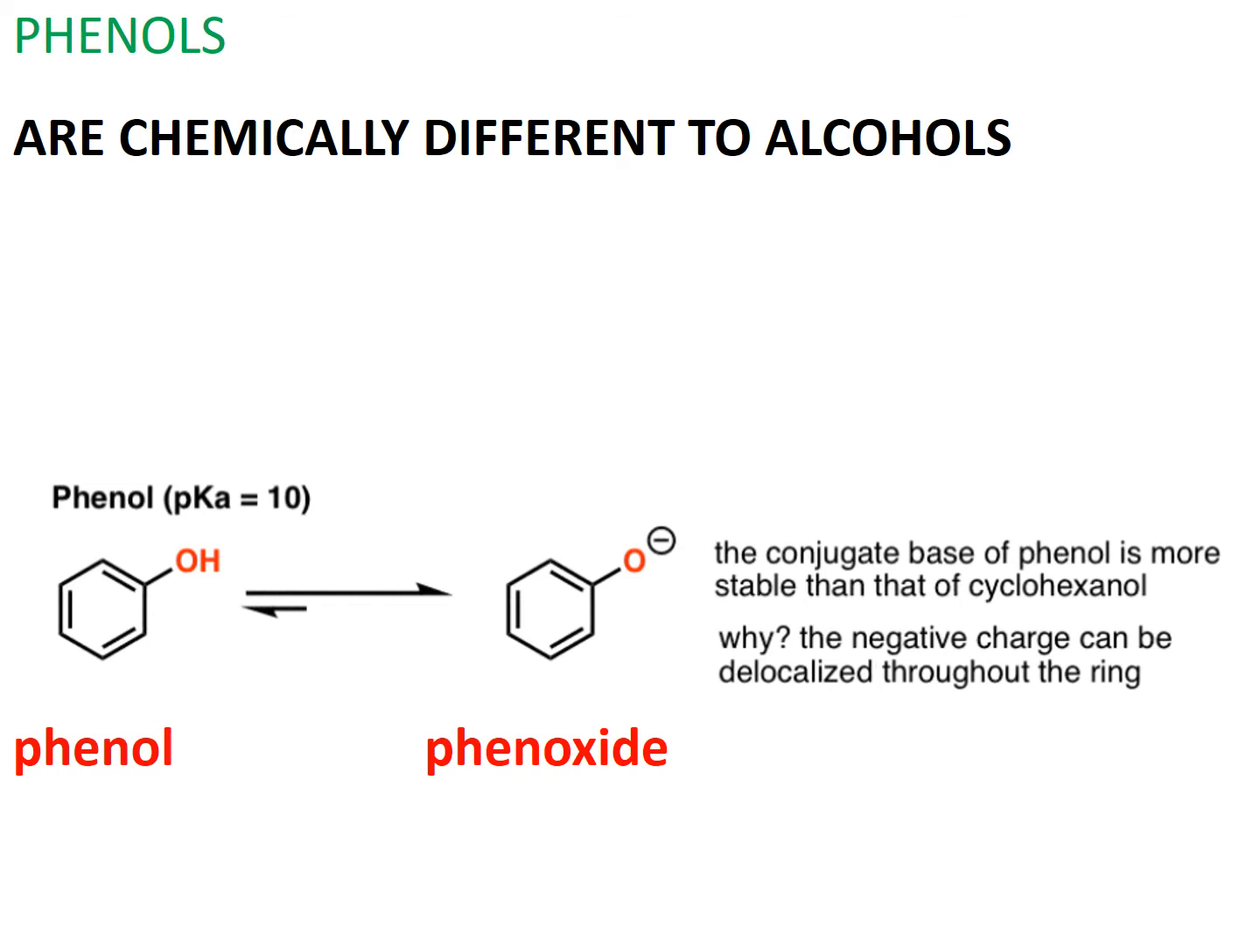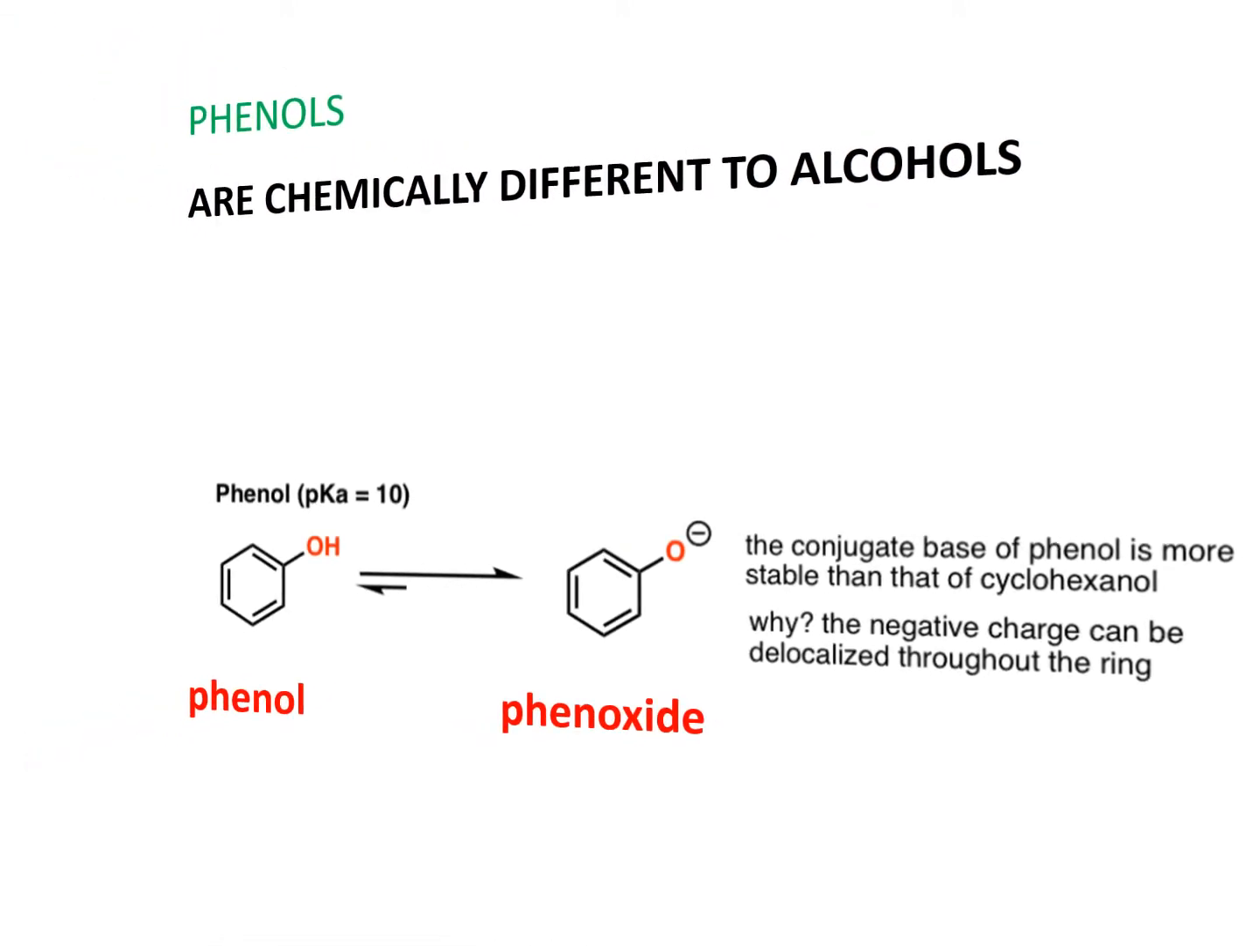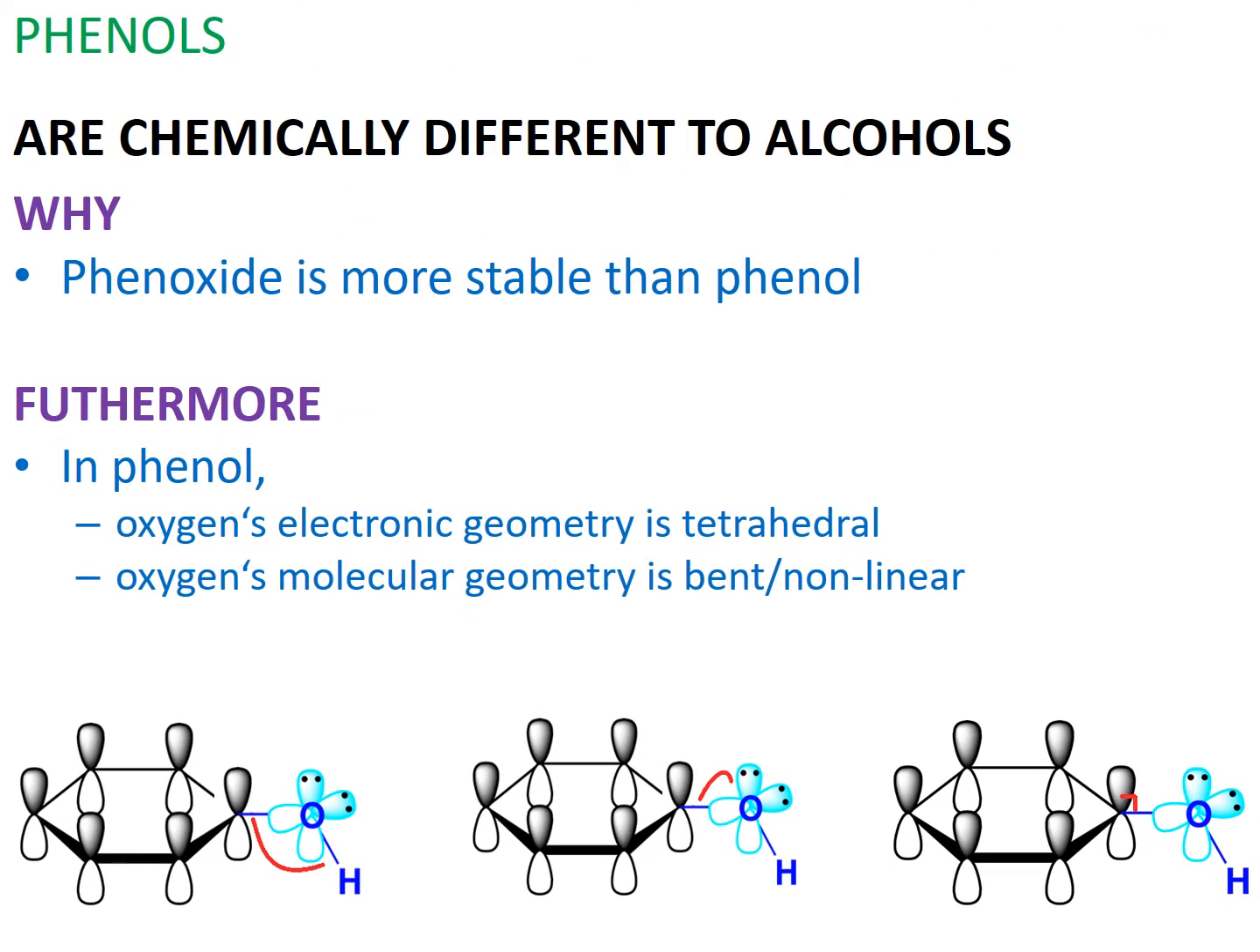The reason why phenols prefer to donate their protons is because phenol molecules are more stable when they are a phenoxide. When the oxygen in phenol is bonded to the hydrogen, it is surrounded by 4 areas of electron density, which repel each other as far away as possible, causing the bond angle here to be 104.5 degrees,